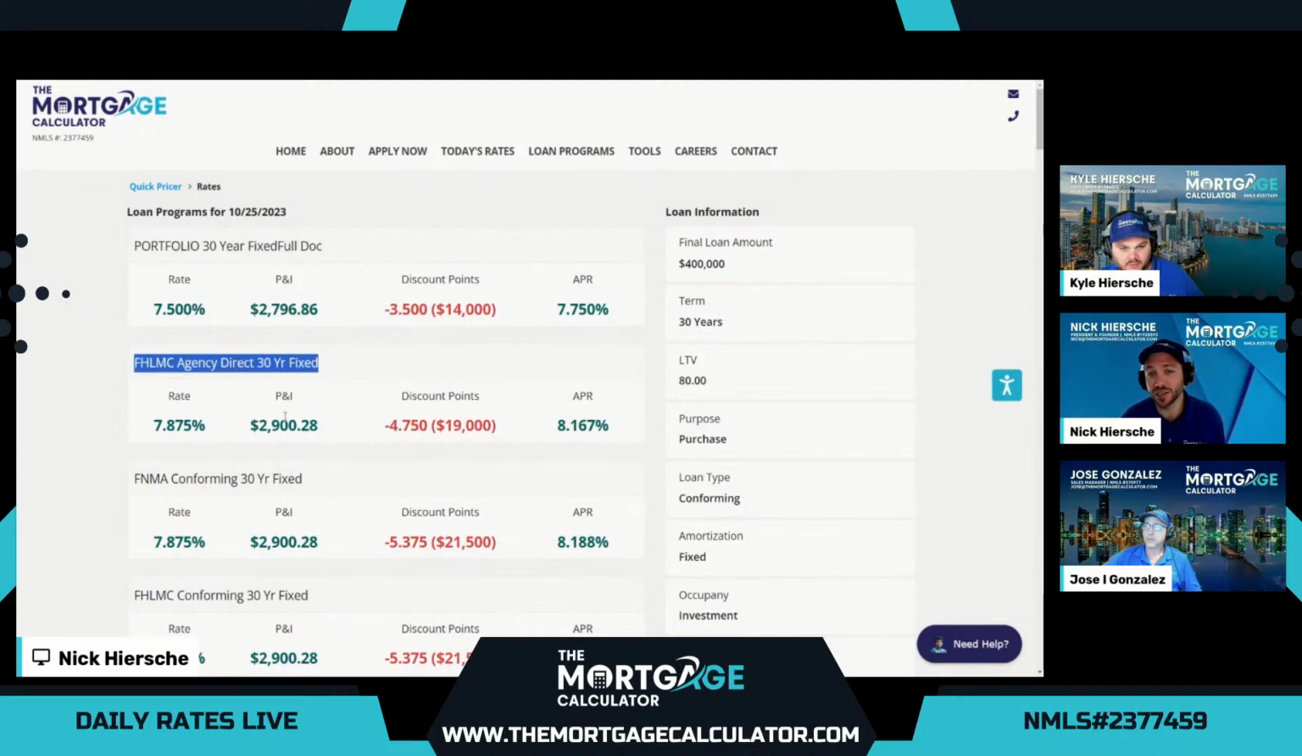This has adjustments, which is required on all the conventionals. So it pushes the rate up to 7.875 for 4.75 discount points and cost. Probably not even compliant there, so not even very realistic. But the final APR is 8.167. So you can see how much better of a deal the portfolio product is now when the rates are going